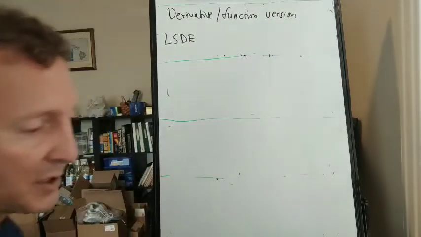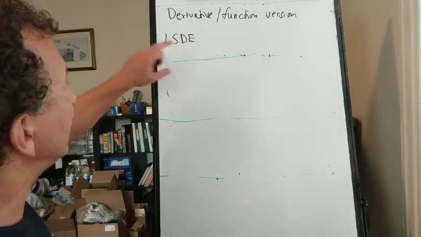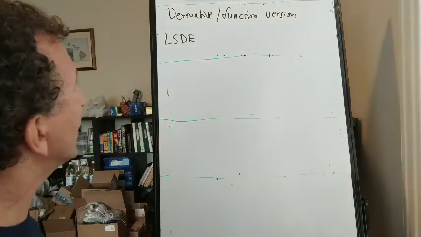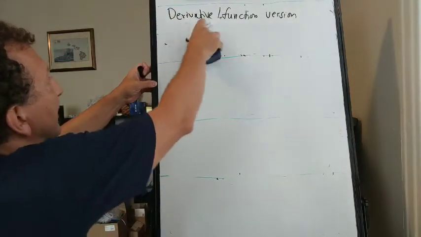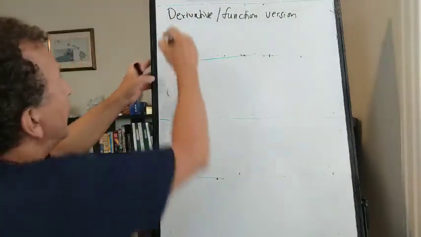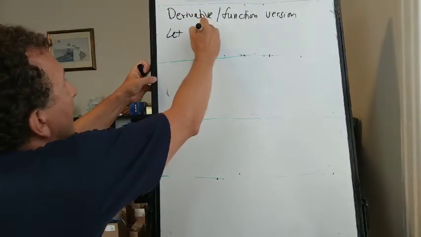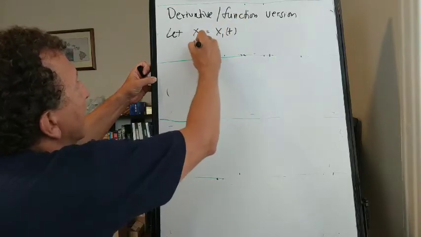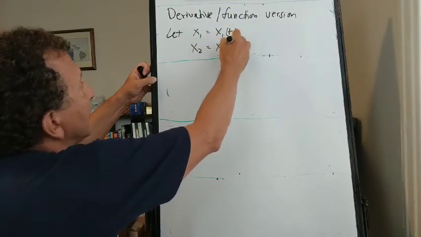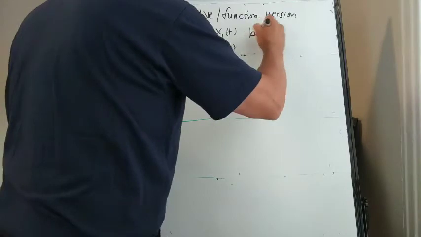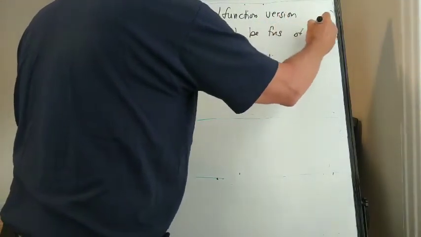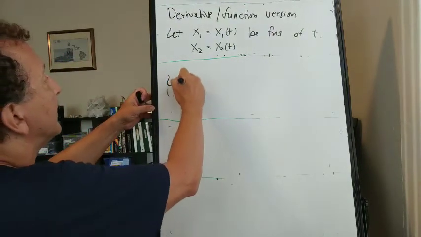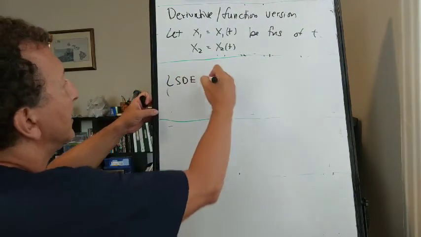Let me call this system of equations LSDE, linear system of differential equations. Well, first of all, let me define some functions. Let's let x1 be shorthand for x1 of t, and x2 be shorthand for x2 of t. Let's let these be functions of t. Then the linear system of differential equations is